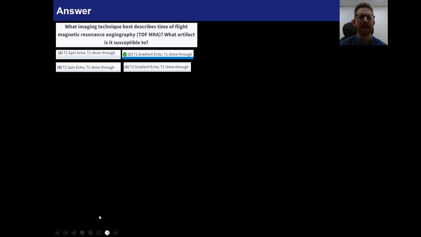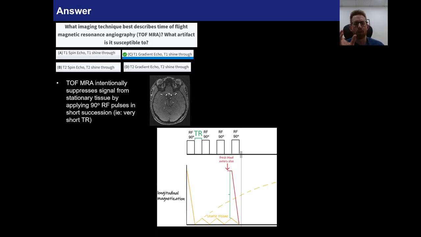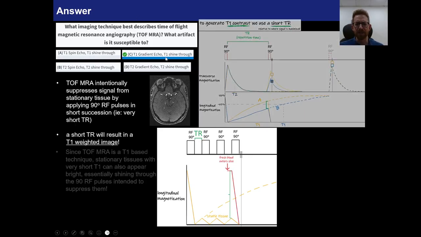Okay, so what imaging technique best describes time of flight MRA? It's a T1 technique because remember, we're using multiple shortly spaced 90-degree RF pulses. That's the critical thing I want you to remember. Short TR is going to give you T1 contrast. It's a gradient echo sequence